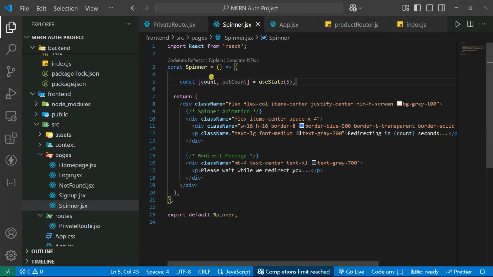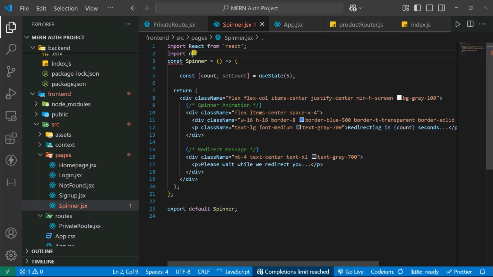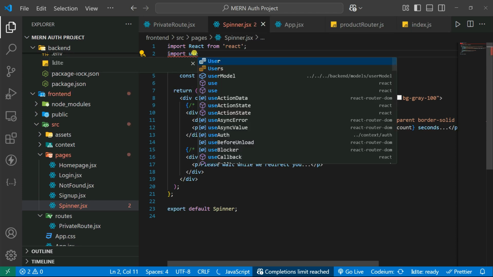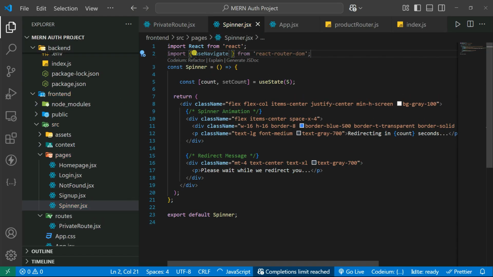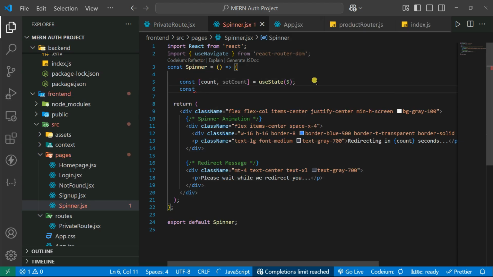And after that, we're simply going to create one navigation so that you can navigate from the spinner to the login page. So let's import useNavigate, and import it and create one instance of that. So let's say navigate, and you use this useNavigate function. Okay, now when the 5 seconds end, it will automatically redirect to the